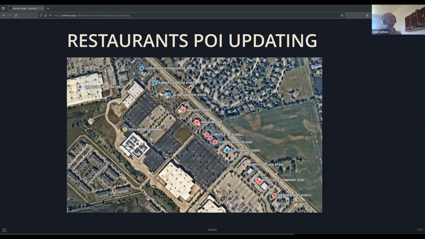So we have the authoritative layer of what are the licensed establishments in the county, and it's perpetually being updated by that department. So any place that sells, prepares, or serves food, they're on this layer. So obviously this would be really good information to update OpenStreetMap with.